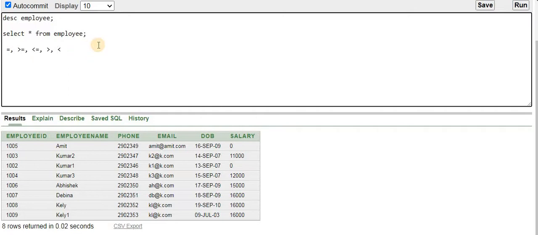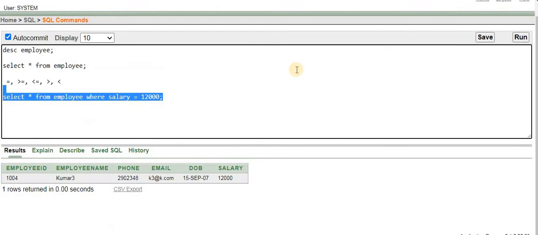I am going to write a script to fetch the employee whose salary is equal to 12,000. I will write select star from employee where salary is equal to 12,000. Let us see how many records it returns.